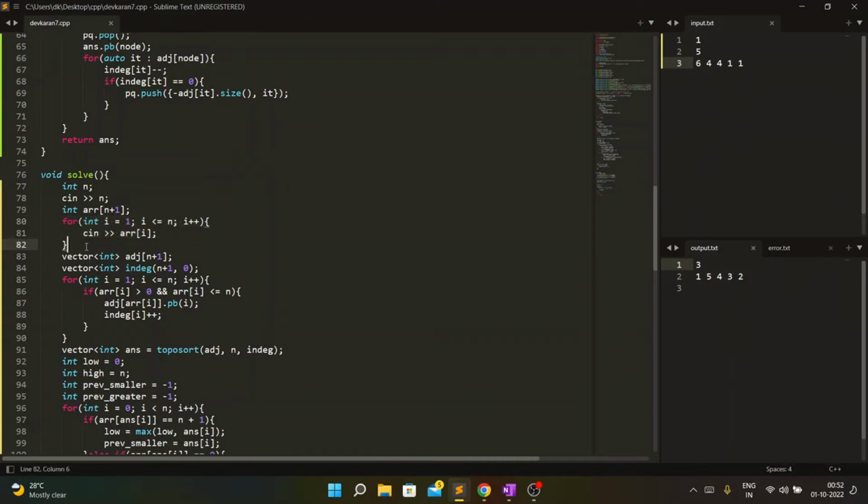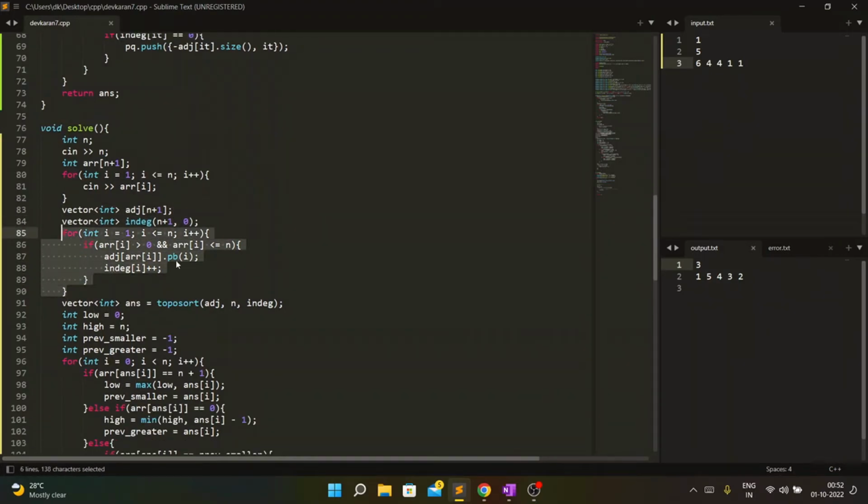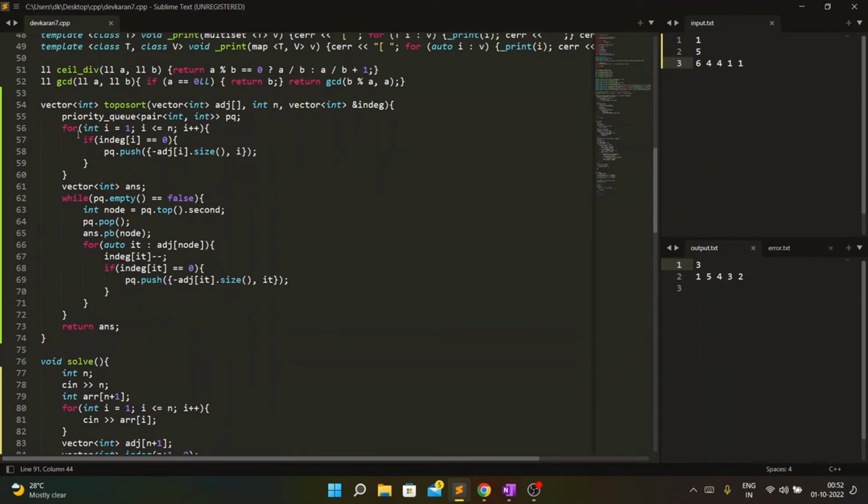I will keep this array 1-based indexed, and I will create a vector and also an in degree vector, and I will iterate from i equal to 1 to n, and if ARR[i] is in the range, I will make an edge from ARR[i] to i, and also increment the in degree of i. This in degree is maintained for writing topo sort easily. Now I will write a topo sort function, which is over here.